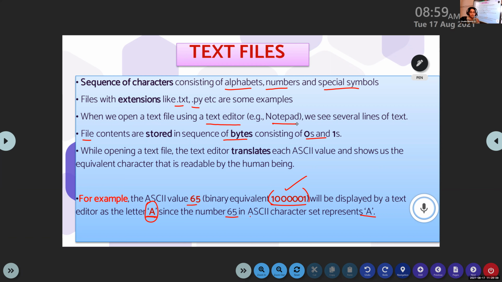So here in this text file, translation is needed because this language cannot be understood by the computer, which means that there should be a translation. So this language is to be translated to the computer's language so that it can understand our language. Okay, is that clear about the text file? Yes, ma'am. Then one more thing is that in a text file, each line is being terminated.